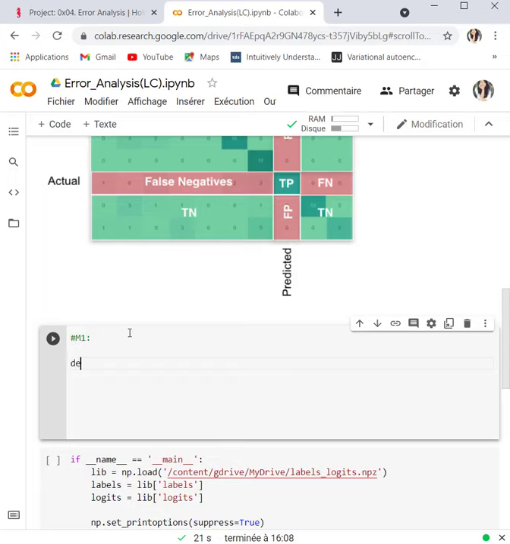Okay, so def create_confusion_matrix. It's going to take the labels and the logits.